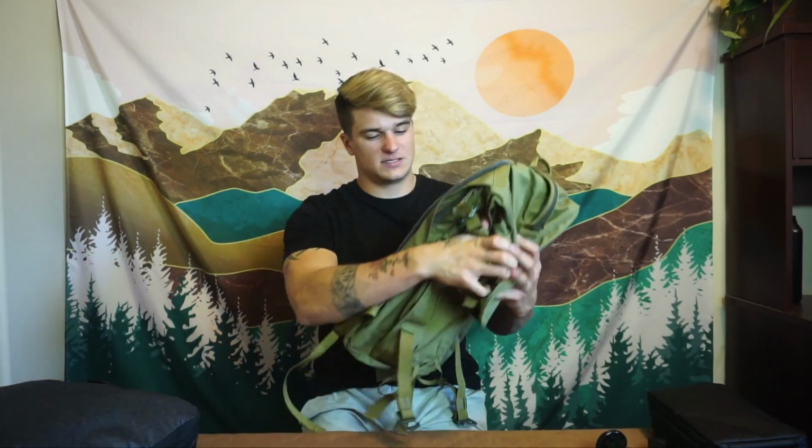But for travel, this thing is awesome, man. I don't know, fully packed out, you'd be pushing it on getting it under the seat in front of you. I think you might be able to if you didn't pack it out as much as I did, maybe a little less at the top. I feel like if you look at just the back panel, if you had it packed out for just this length, you could probably get underneath the seat in front of you. But overall, great organization, great capacity, and as always with Millican, intelligent design with incredible